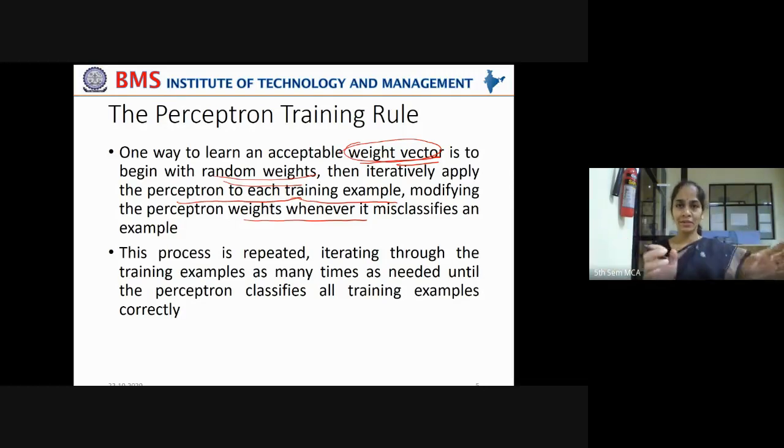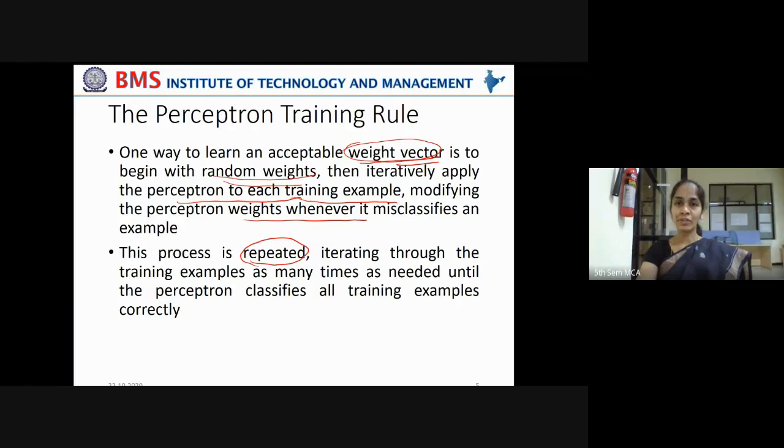Now this adjustment of weights is set to converge if they are giving optimal result with every training example. If still there are some deviations in the predictions, it means that the weights have to be adjusted in the next iteration. Okay, now this process is repeated. Remember, it is an iterative process.